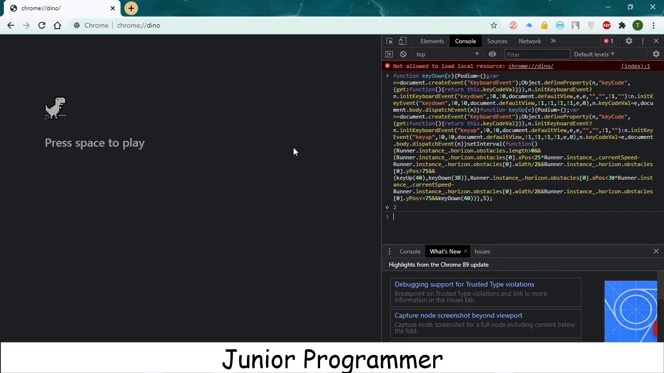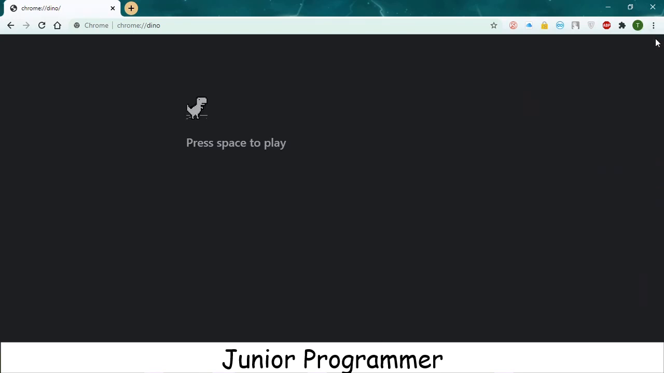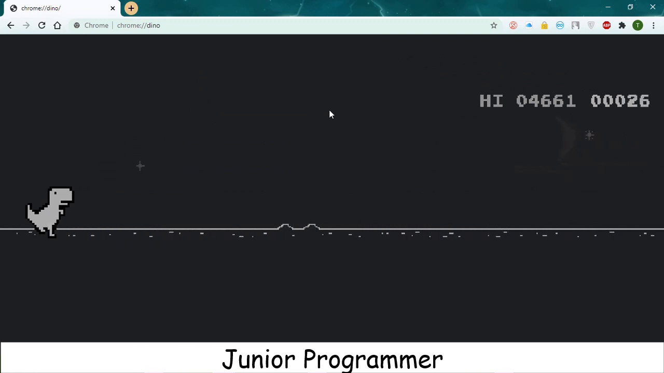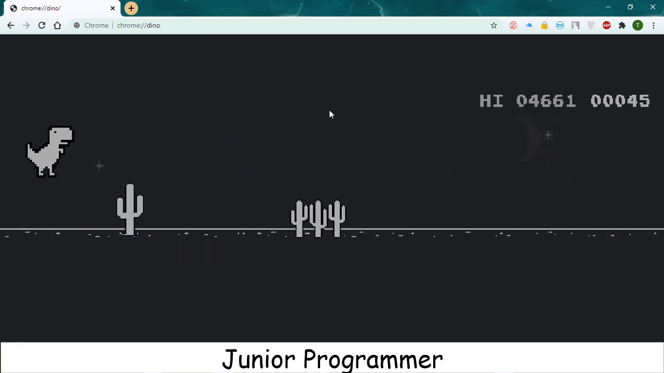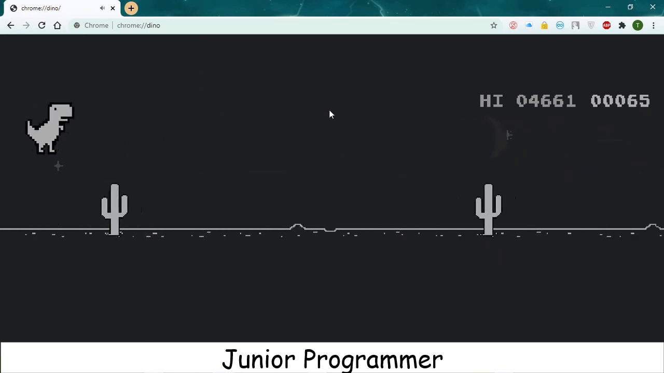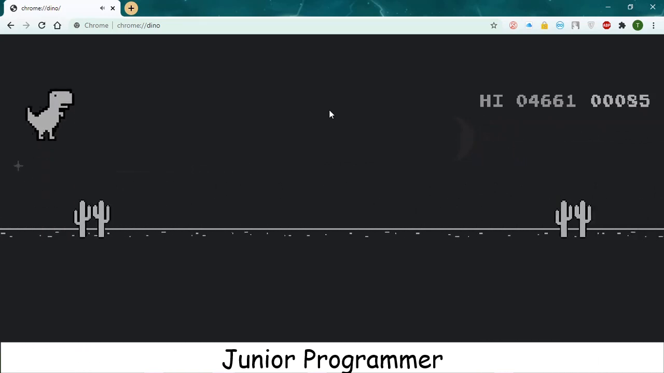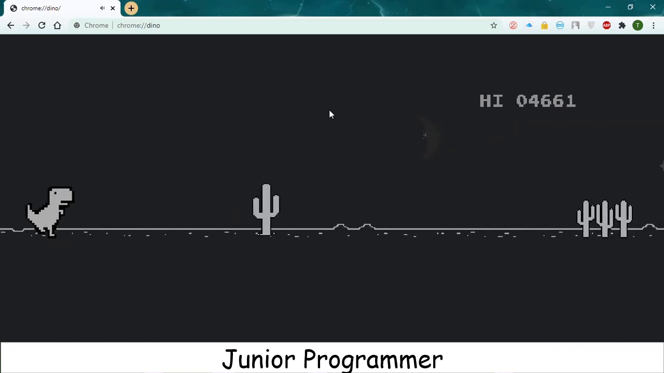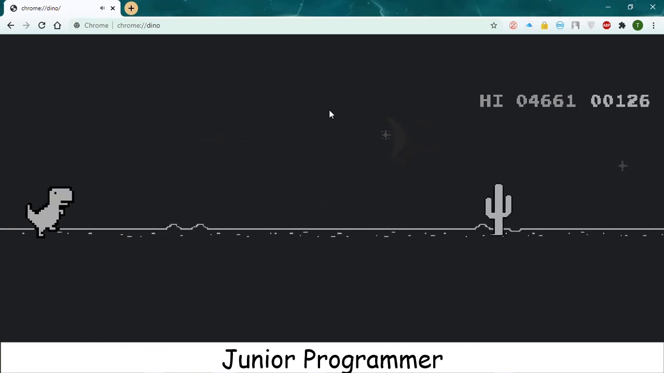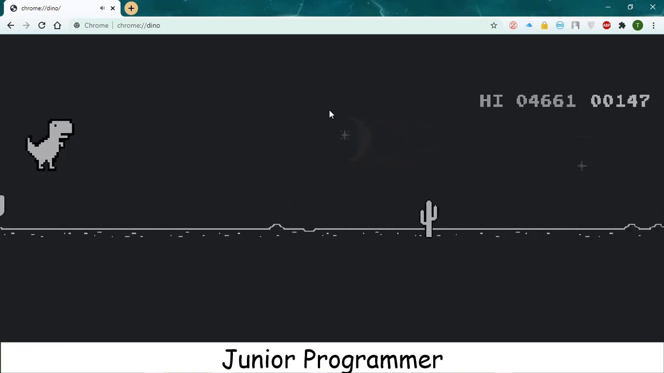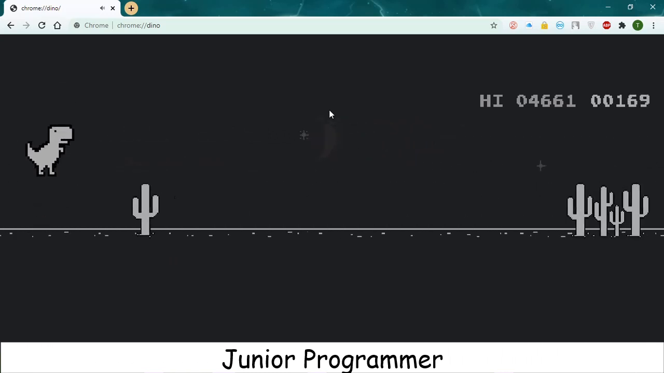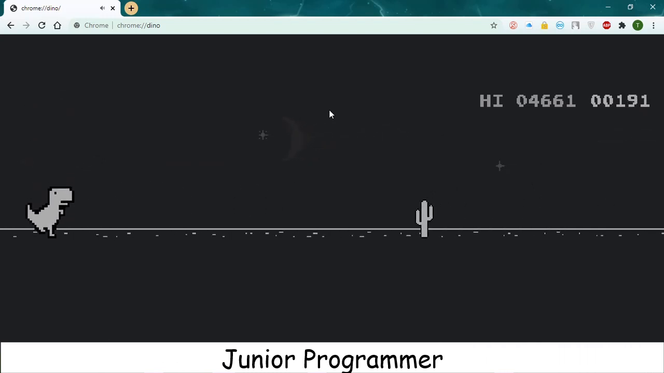Now you can close this and press the spacebar. It should move on its own. I'm not doing anything and it jumps on its own. I'm just looking at the screen and talking. So the Dino is simply jumping on its own. As I've explained, there is an imaginary rectangle which senses the cactuses and makes the Dino jump